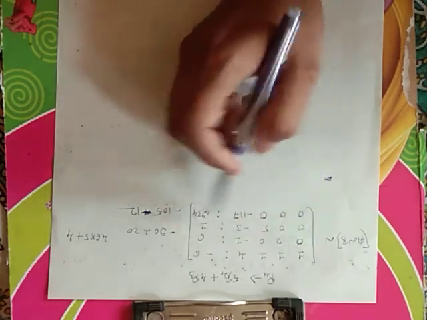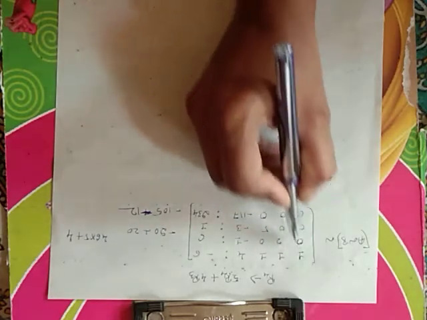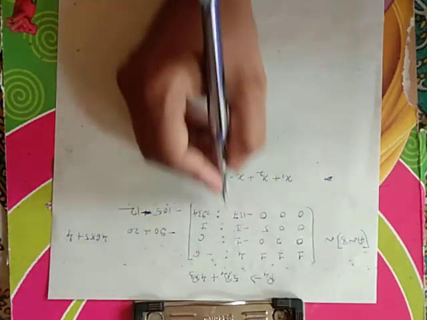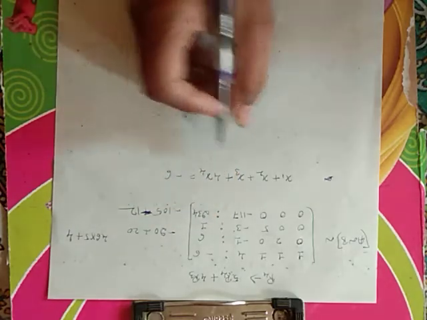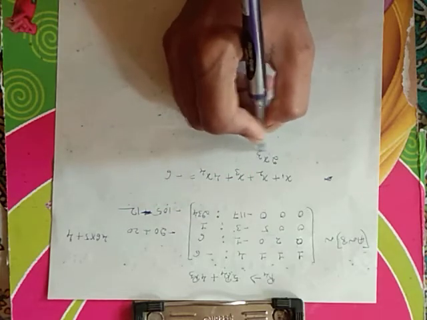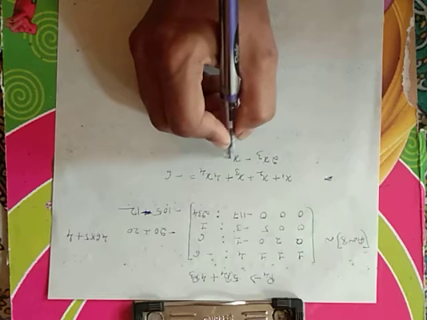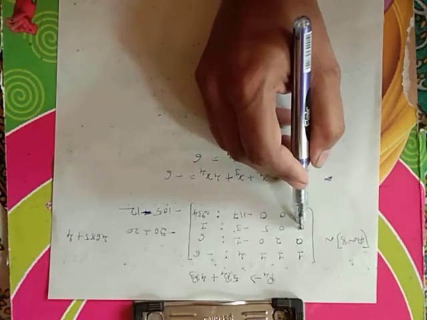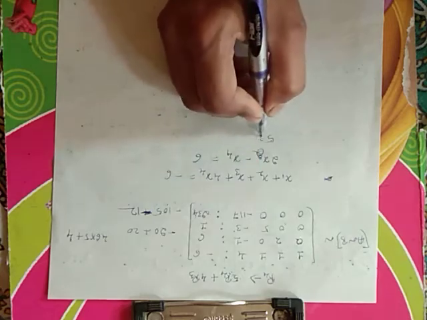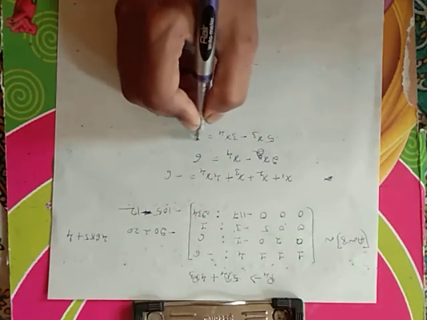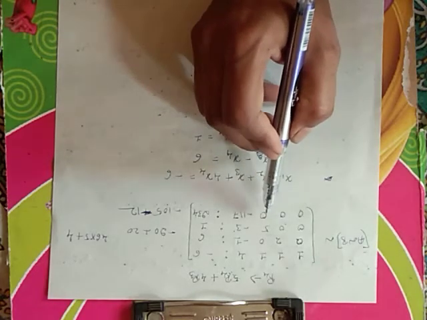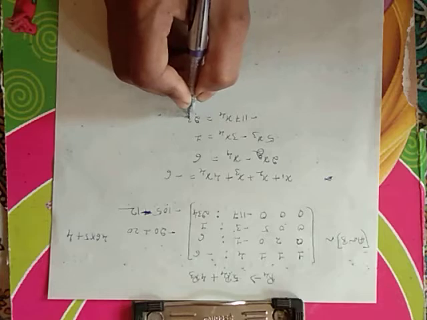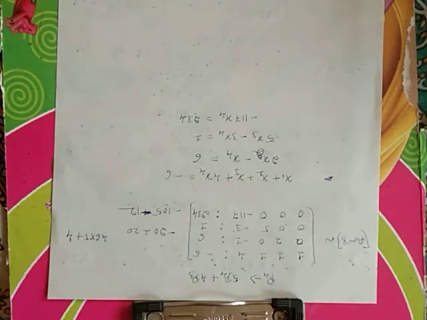Now we have to write down the system of equations for this upper triangular matrix, that is 1 into x1 plus 1 into x2 plus 1 into x3 plus 4 into x4 equal to minus 6. 0 into x1 is 0, 2 into x2, 0 into x3 is 0, minus 1 into x4, so 2x2 minus x4 equal to 6. 0 into x1 is 0, 0 into x2 is 0, 5 into x3 minus 3 into x4 equal to 1. 0 into x1, 0 into x2, 0 into x3, minus 117 into x4 equal to 234. Now we have to make the simplification.